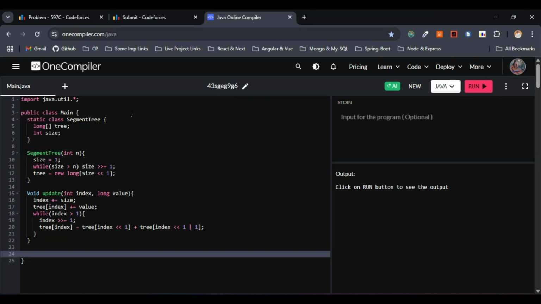So now let's go with the query method, nothing but range sum query. What we are going to do inside the query method is go with the sum from left to right, that is inclusive. So I'll just go with long